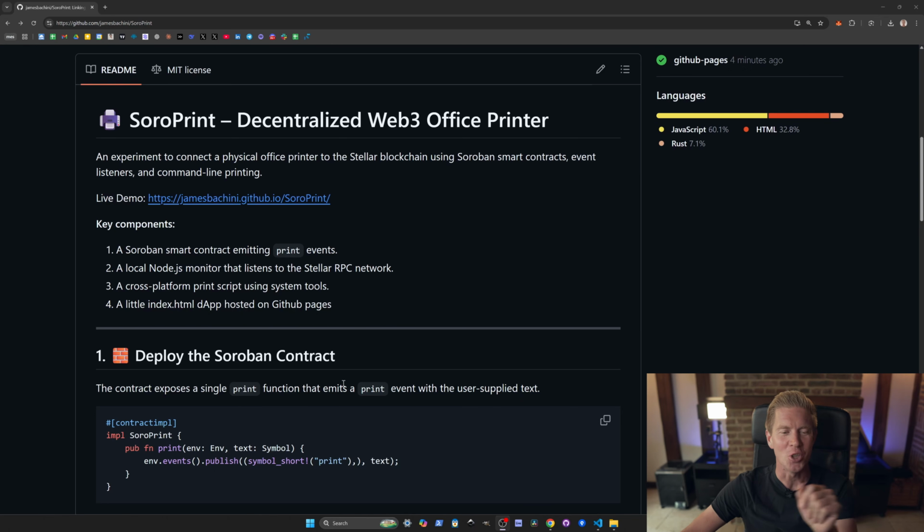I was thinking we haven't done anything stupid for a while, so I'm going to connect up my office printer to a blockchain so that anyone can send me messages from anywhere in the world for the next 24 hours. Of course, we'll be doing this using modern Web3 technology. I'm using the Stellar blockchain to store the data and insightful messages that are coming to me from across the